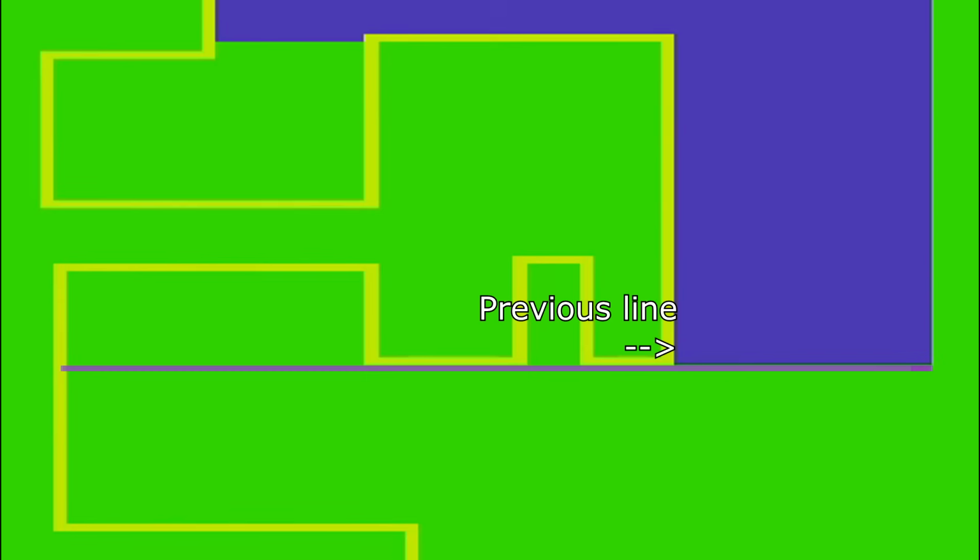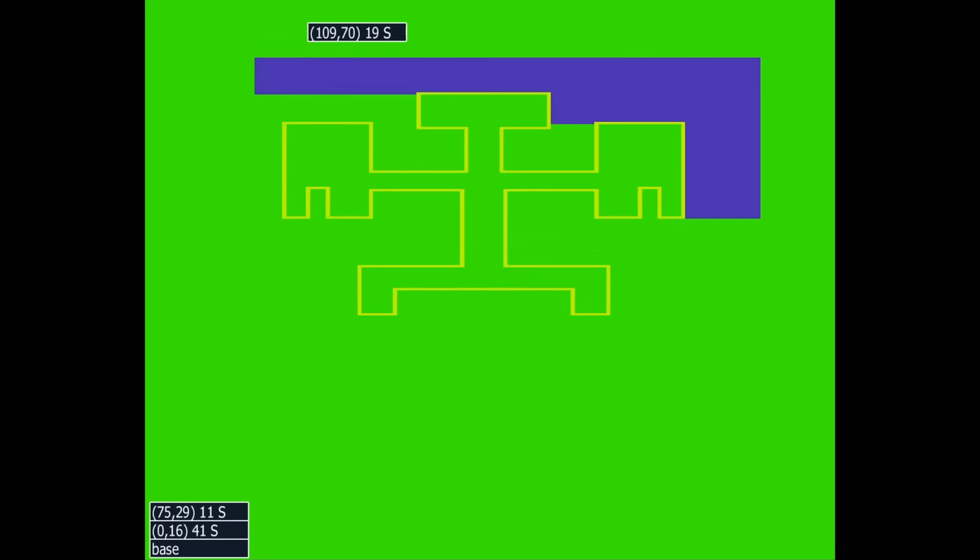Anytime your next line extends further to the left than the previous line, it means there's the potential that there's a nook. More space to paint going in the opposite direction from how we were going. So at this point, we've been going south, and as we paint the line, we first extend left and then we'll extend right. But as you can see, as we're extending it left, it went much further. And in fact, there are indeed 2 nooks.